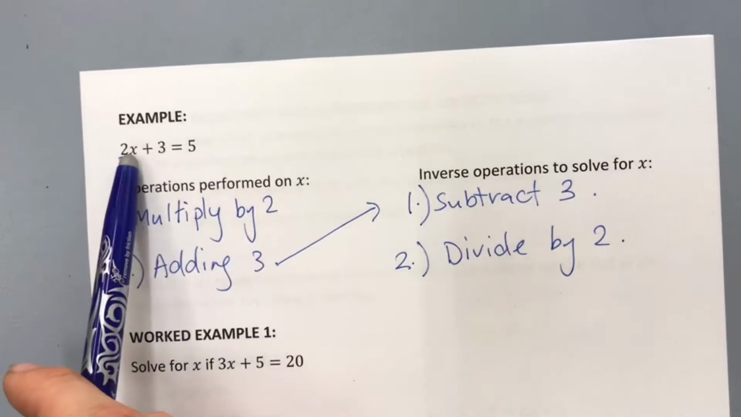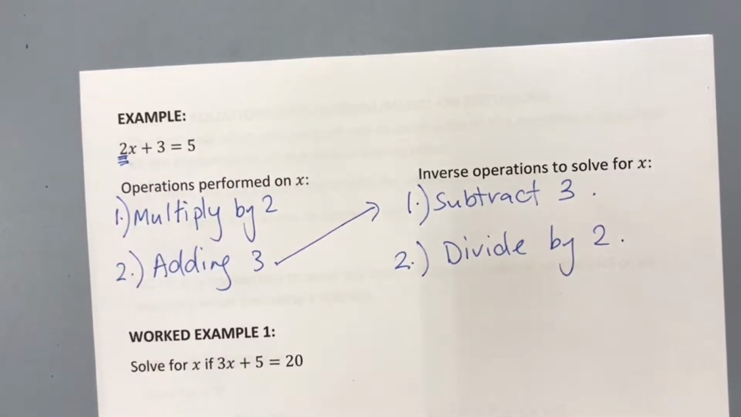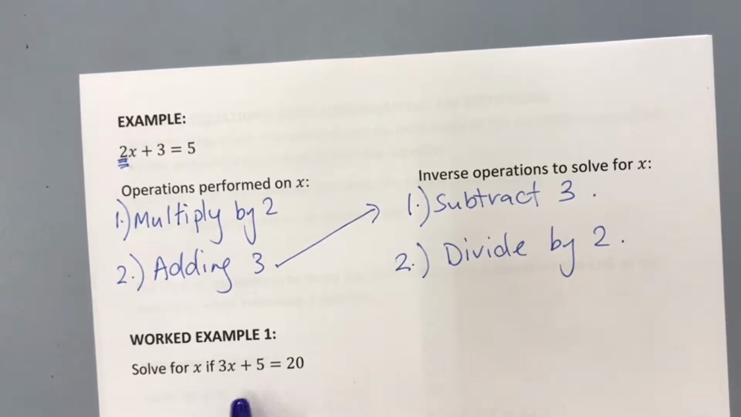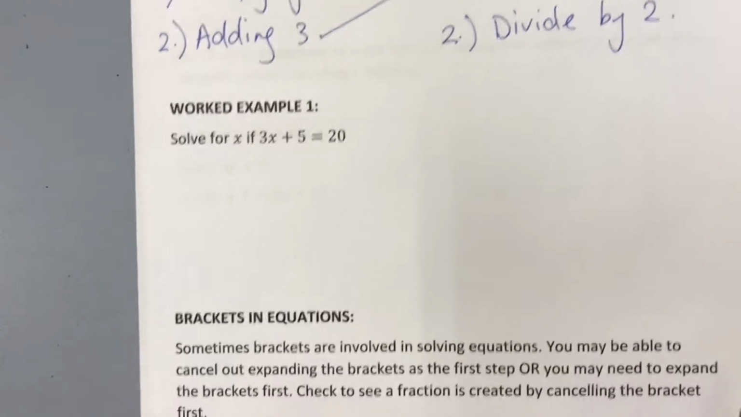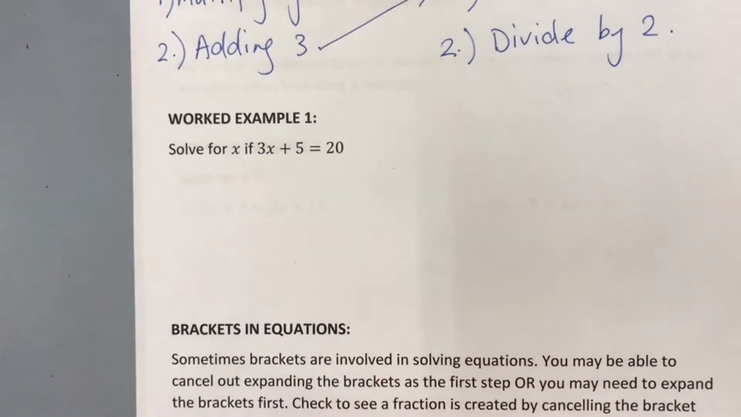So when you look at this, you start with x, you multiply it by 2, you add 3, so we subtract 3, then divide by 2, okay? So looking at that as our way of thinking about this particular question, 3x plus 5 equals 20, what I would have